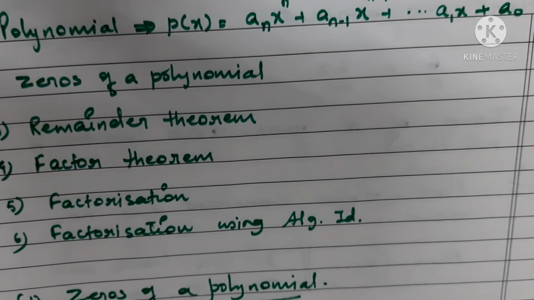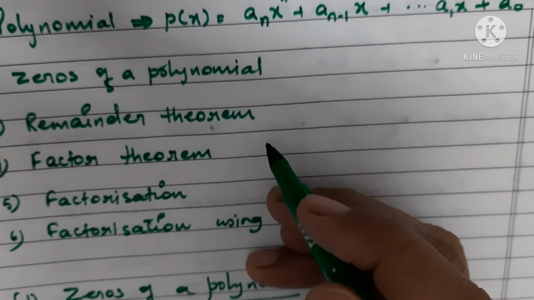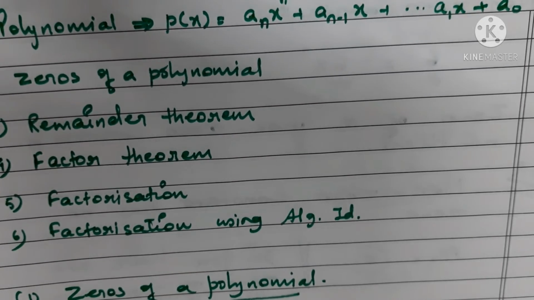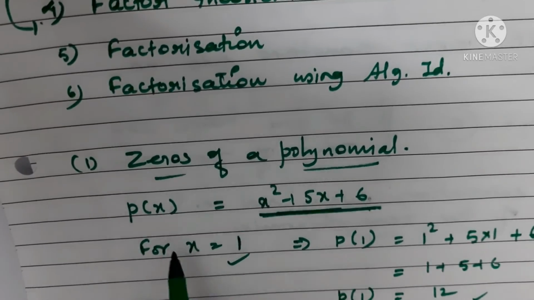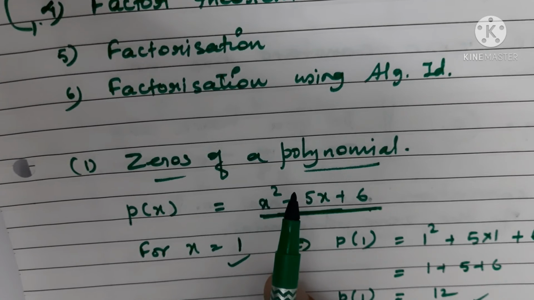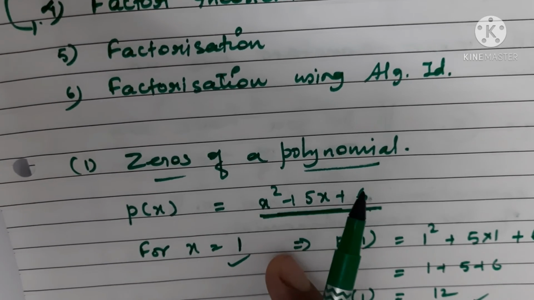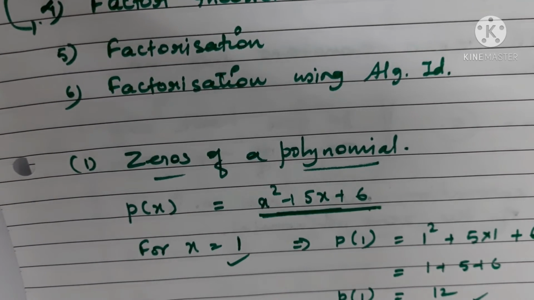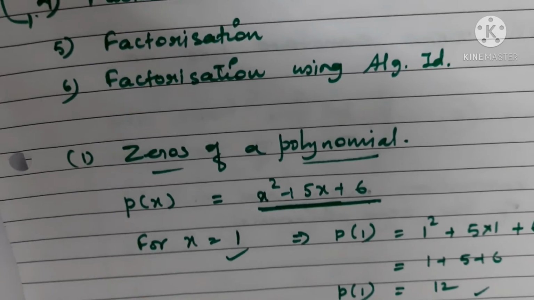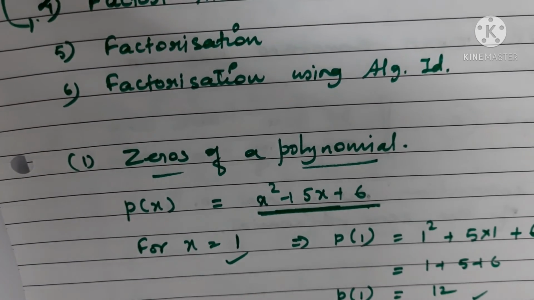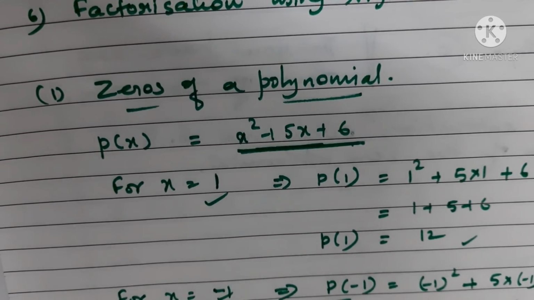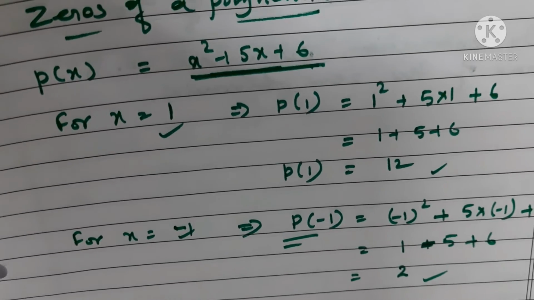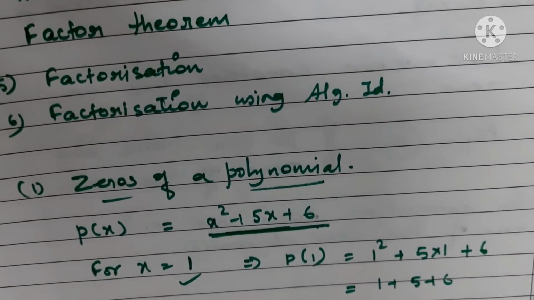This is especially for class 9 students, so that they will come to know about these terms, as well as understand polynomials better. Okay, so in this category, the very first thing they have to understand is zeros of a polynomial. What is a zero of a polynomial? For any value of the variable of a polynomial, if you get the total value of the polynomial as 0, then we say that it is a zero of the polynomial.